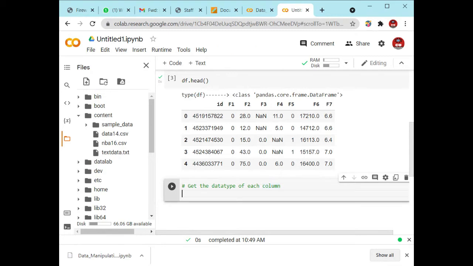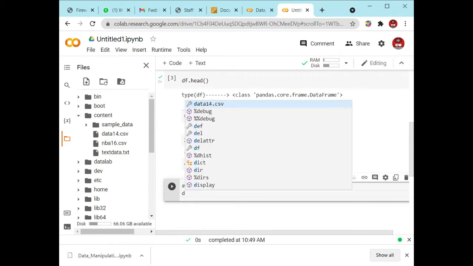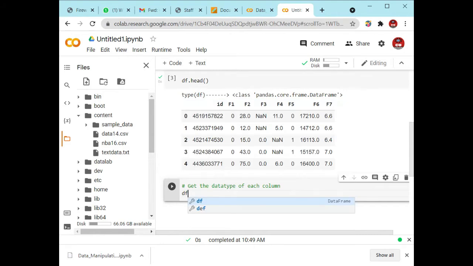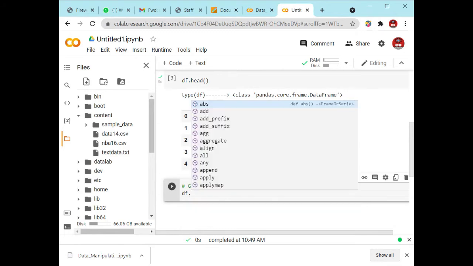So inside the columns F1 to F7, what are the different data types? You have to use the variable name. What is the variable name? df is the variable name. After df, we use the dot operator and we use the function name.